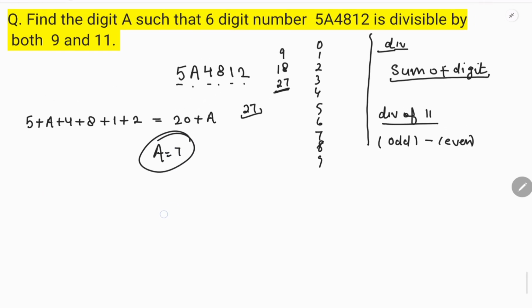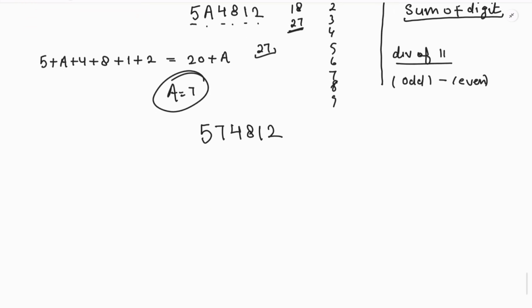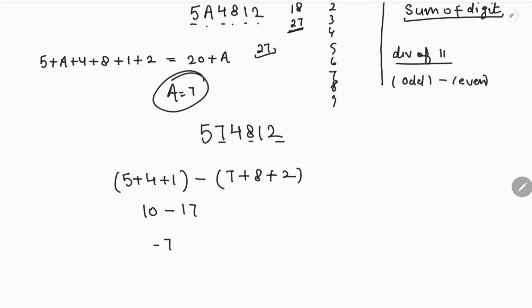So if A is 7, our number will become 574812, right? Now I will add the digits on odd positions: 5, 4, 1. Minus, I will add the digits on even positions: 7 plus 8 plus 2. Now you add them, you get 10 minus 17, and that is minus 7, which is not divisible